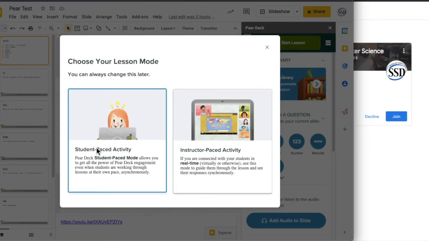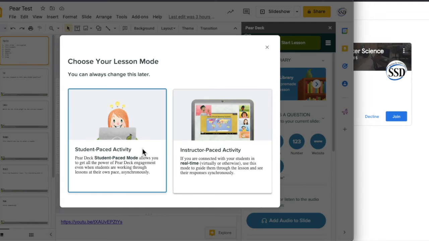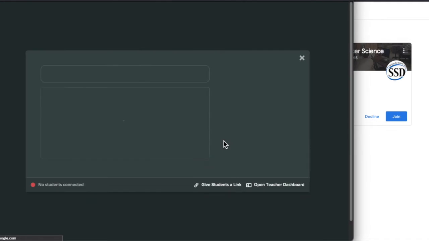You can either say student-paced activity, which means they scroll through at their own pace. They may or may not be on the same slide as you, and this way they can do things when you're not present too. Or you can say Instructor Paced, which means when you change slides, it changes on all of their screens at the same time. I'm going to go ahead and show you how that one works. So when I click on Instructor Paced, it's running the presentation,